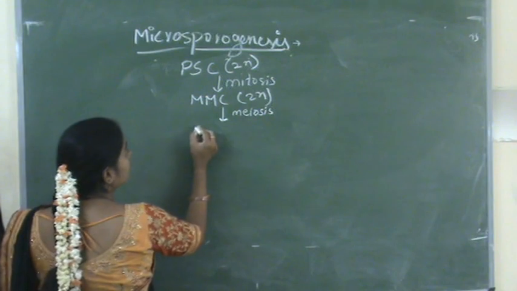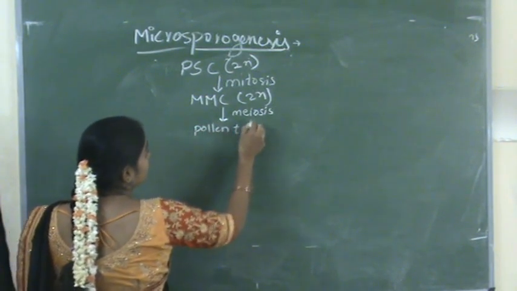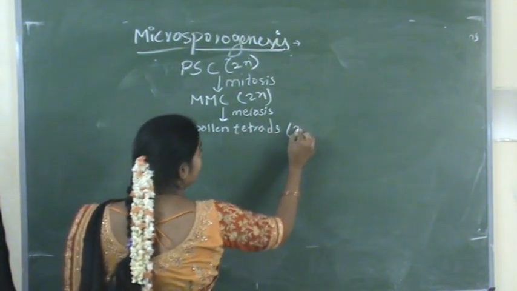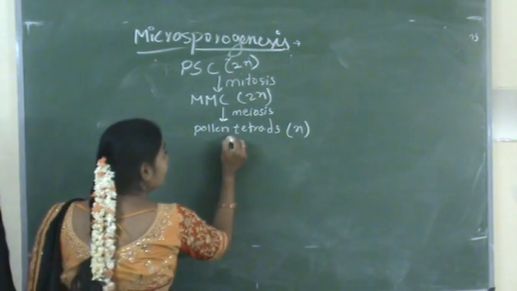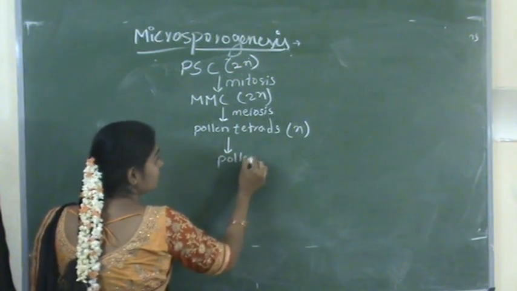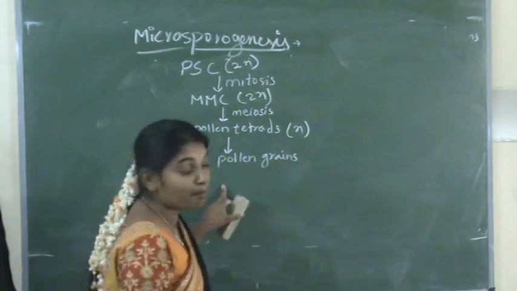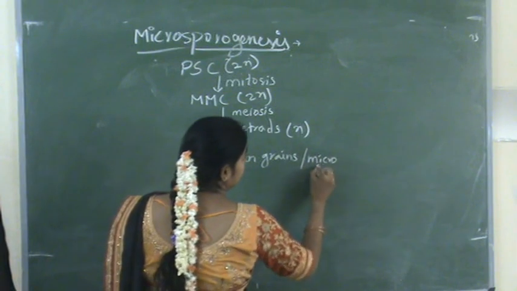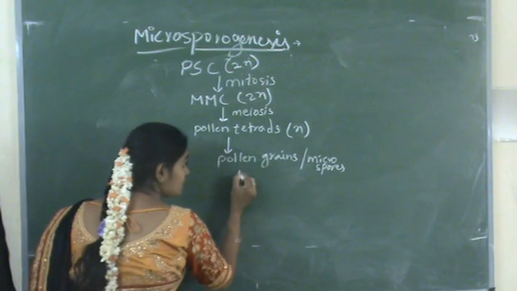Here they produce pollen tetrads, which are in haploid condition, and from these pollen tetrads, pollen grains are formed. Pollen grains are microspores. And from these microspores,